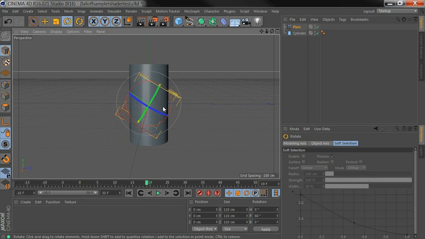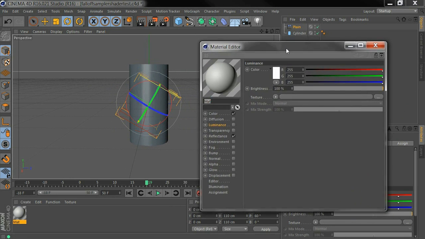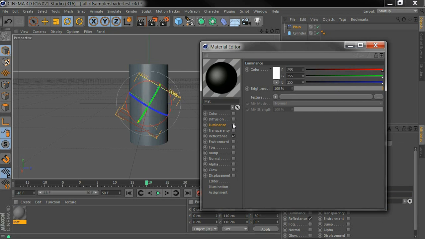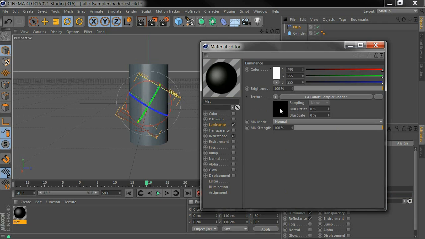It takes that Falloff and puts it in a shader in one of your materials. So I'll create a new material, open that up, and grab the settings over here. I'm going to use luminance to make it really obvious for this example, but you can use any of the other channels. In the texture drop down here, we've got Falloff sampler shader, so select that, click on here to